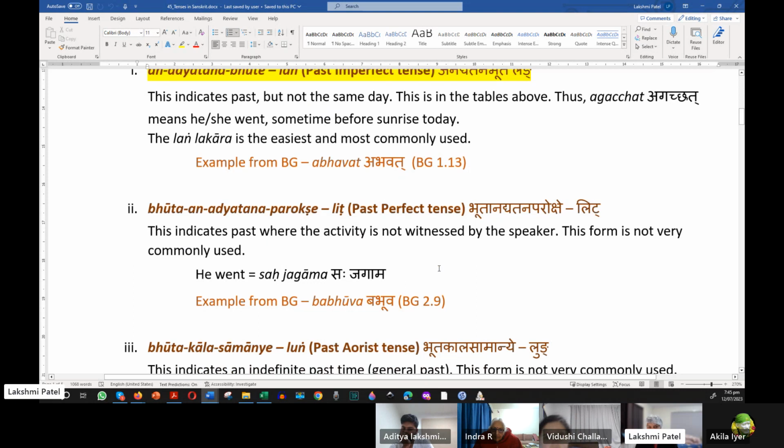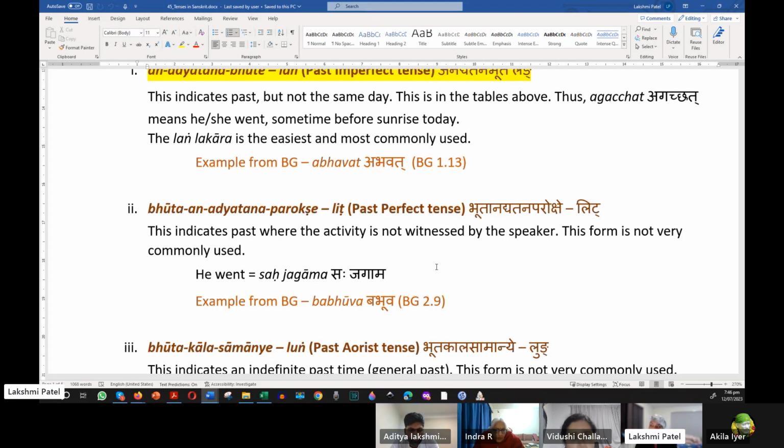Usually, this is the most commonly used period. It doesn't matter whether it was way back in the past or anything. Whenever we talk, we tend to use this. Okay. The second kind of past tense is called bhuta